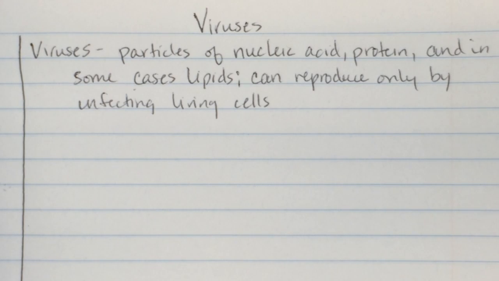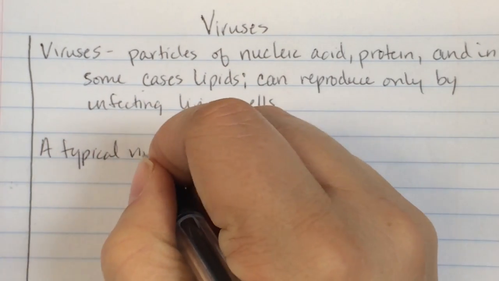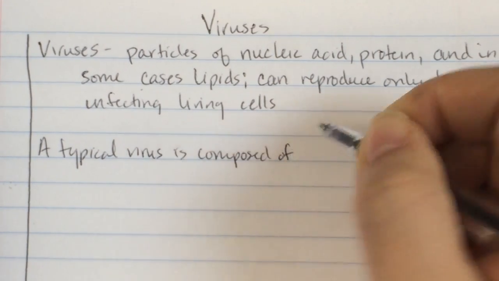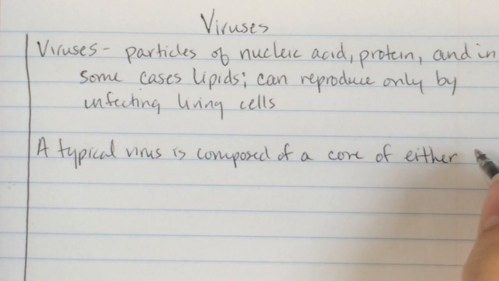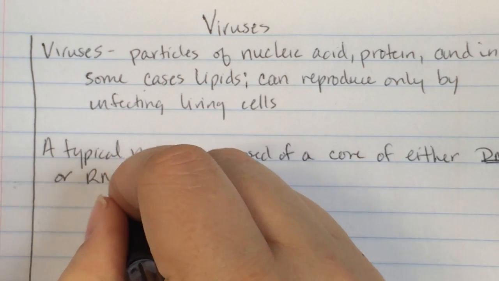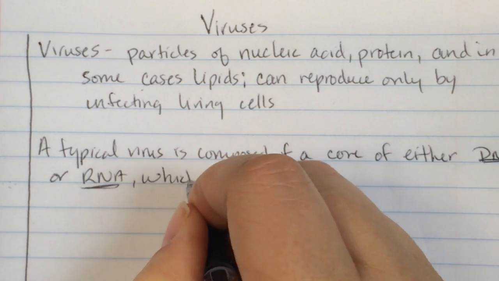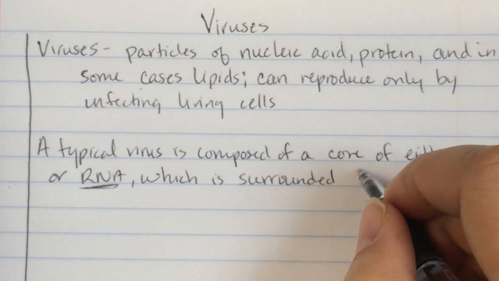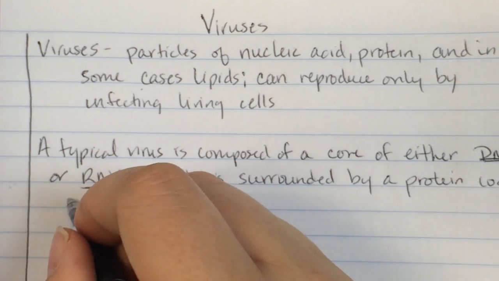are non-living. So a typical virus is composed of a core of either DNA, let's underline that so we remember DNA, or it can have RNA in there. Those guys are called retroviruses. And so which is surrounded by a protein coat or what we call